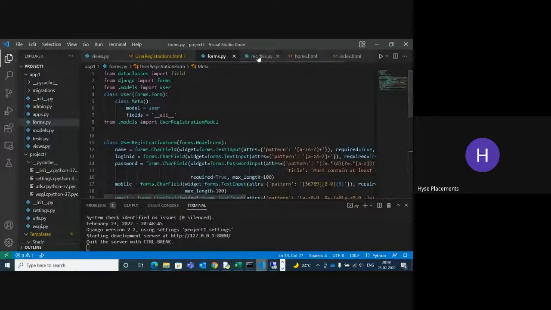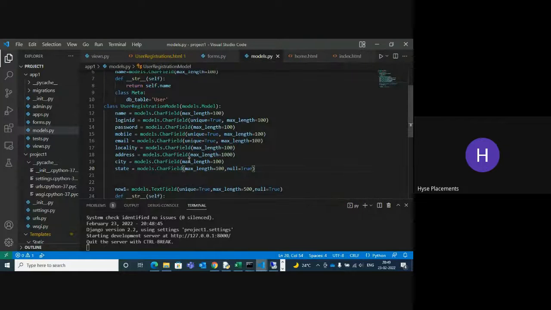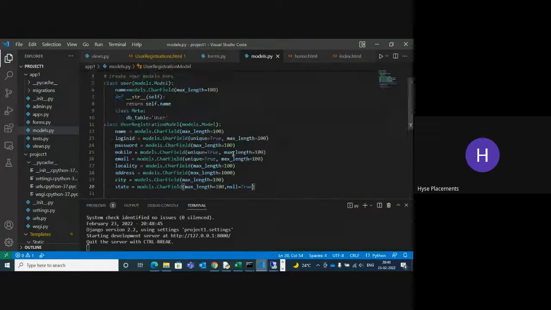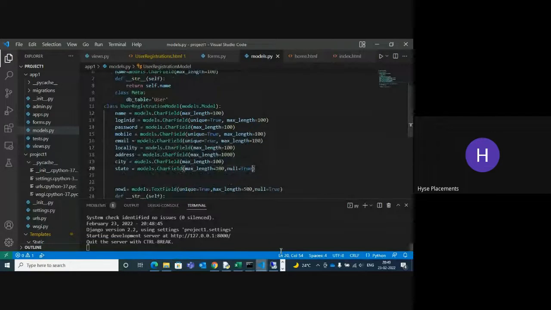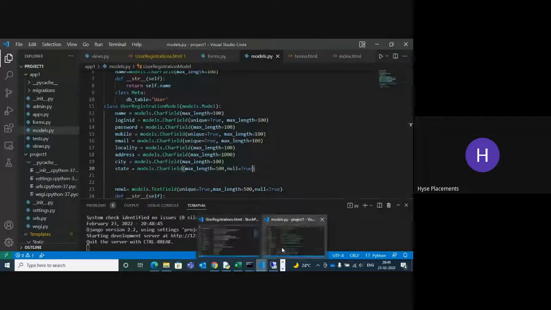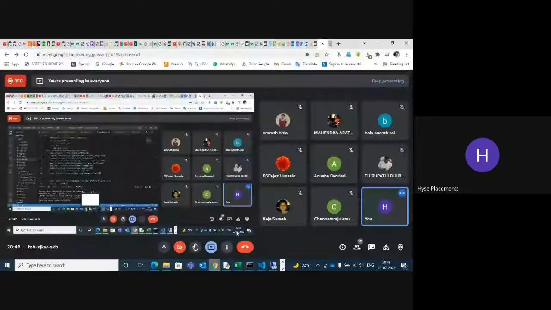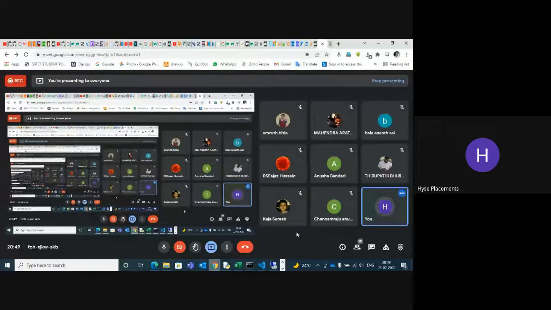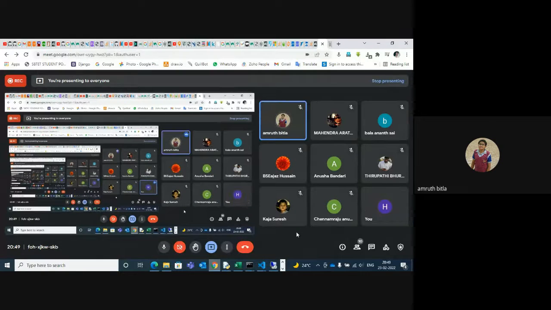Okay, I am first of all explaining model. Guys, hello, are all understanding? Amrut, what? Okay.